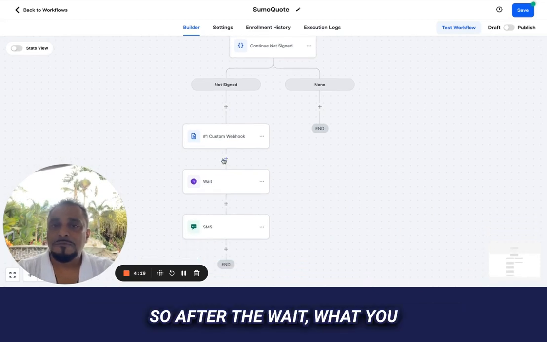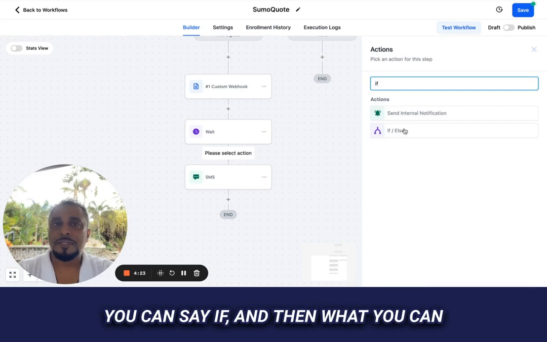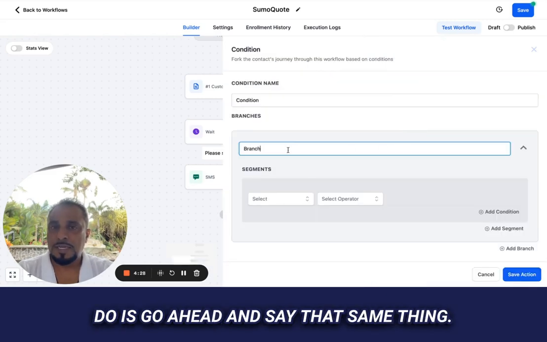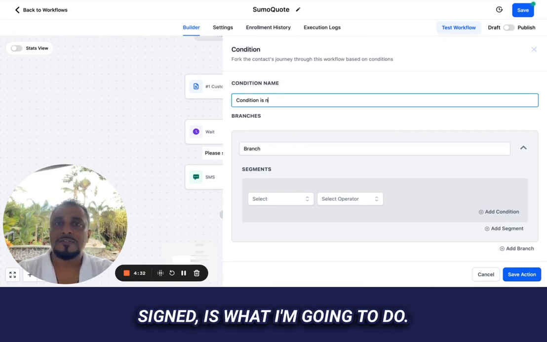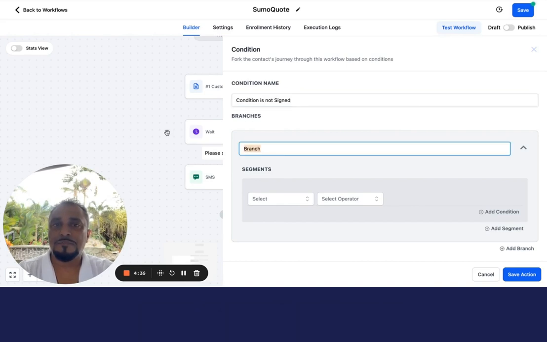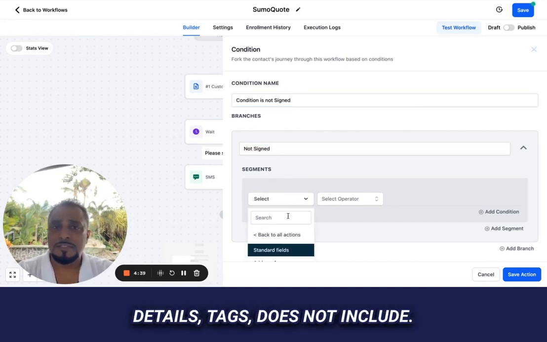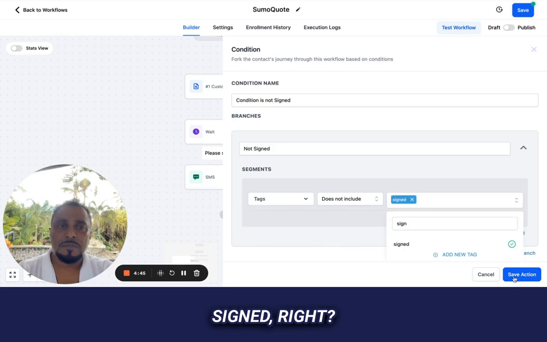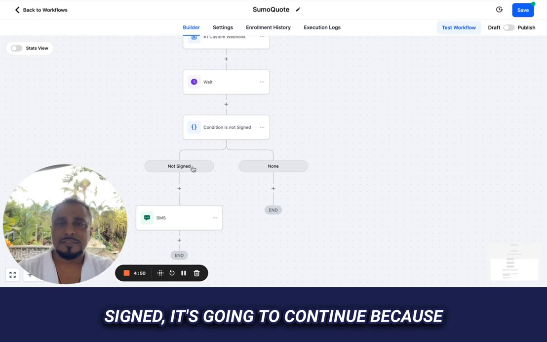So after the wait, what you can do is actually create the exact same if statement. You can say if, and then go ahead and say that same thing. Condition is signed, is not signed, is what I'm going to do. Not signed. And again, 3 words, what I would suggest. And I'm going to say contact details, tags, does not include signed, right? And I save that. So what's going to happen is if it's not signed, it's going to continue, because remember,